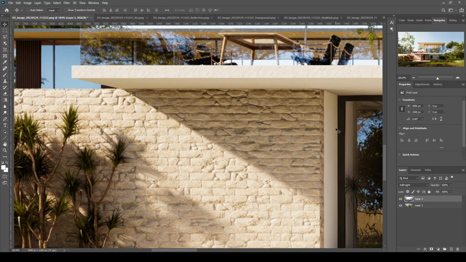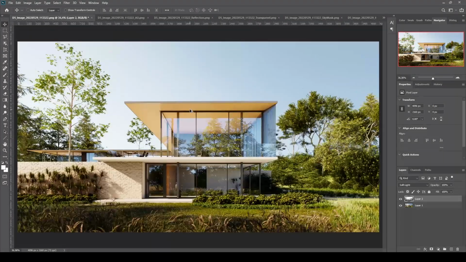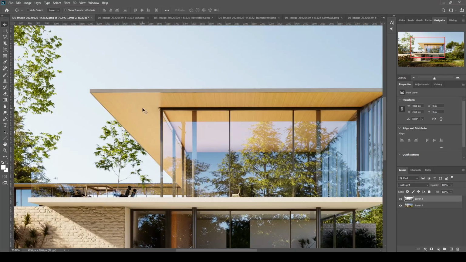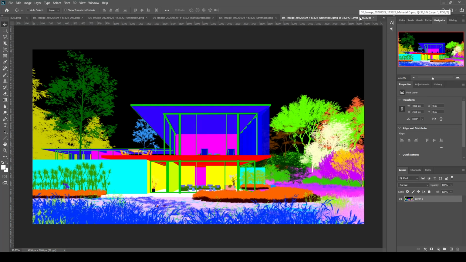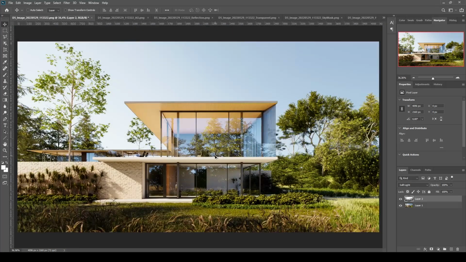Now we have shadows here and more shadows, and a brighter scene, of course. But also your ceiling is brighter too. We are going to get rid of this using the render ID, but not now. Now I'm going to show you the second way of using the ambient occlusion.